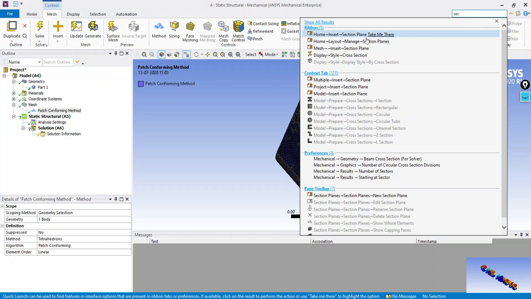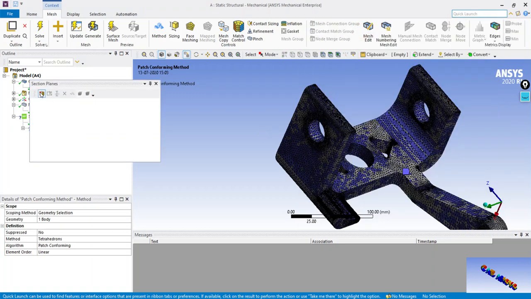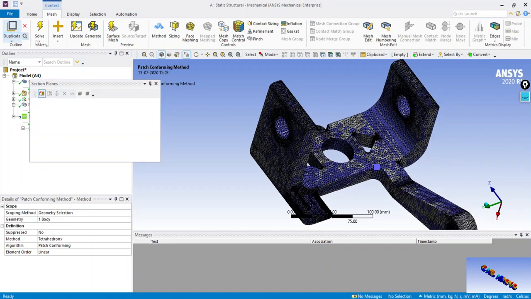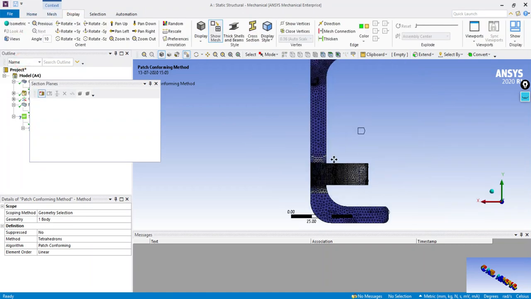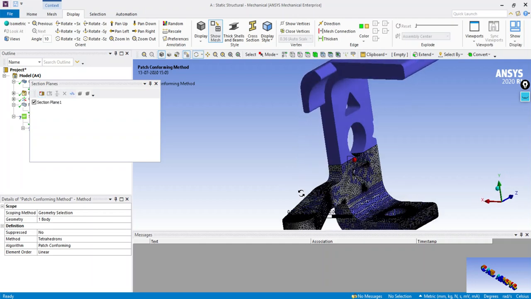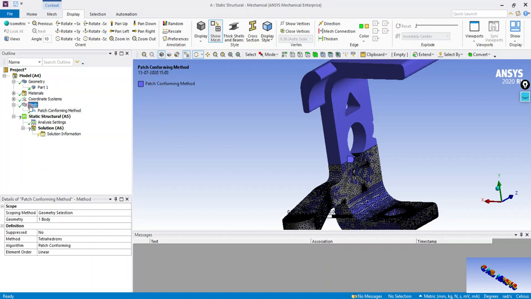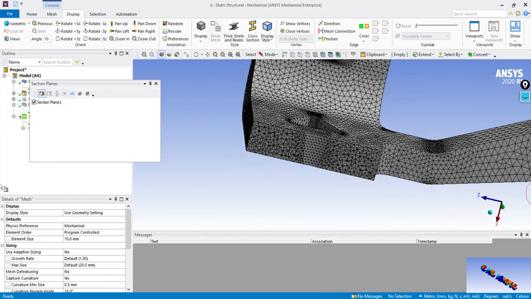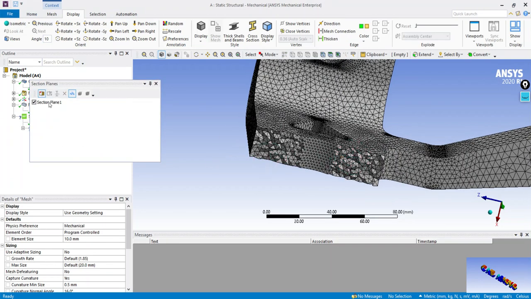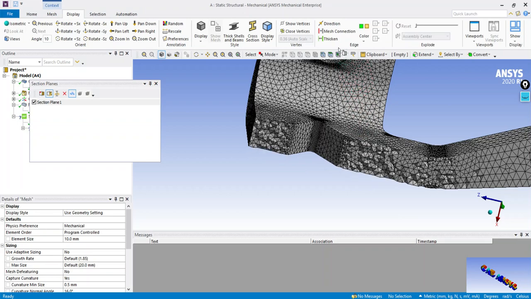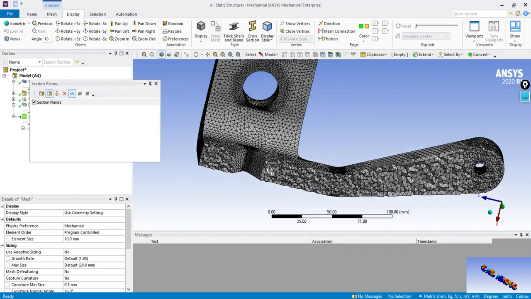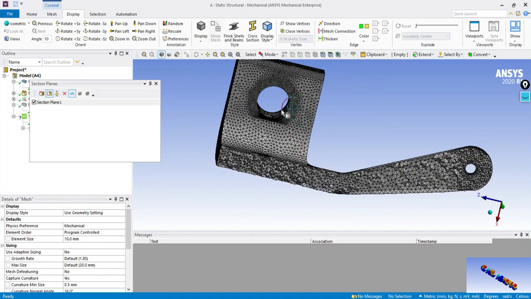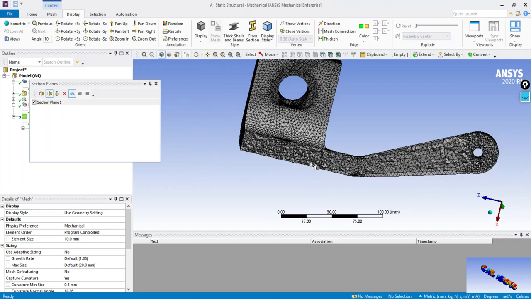Now we'll observe how volume is being measured. We can observe the quality of the volume mesh is not good.